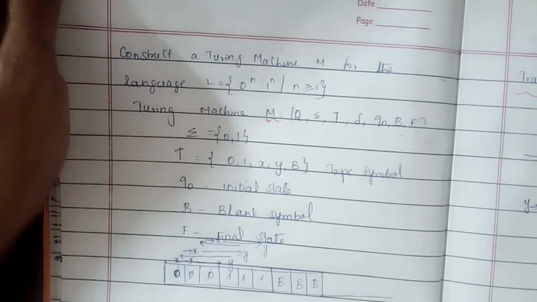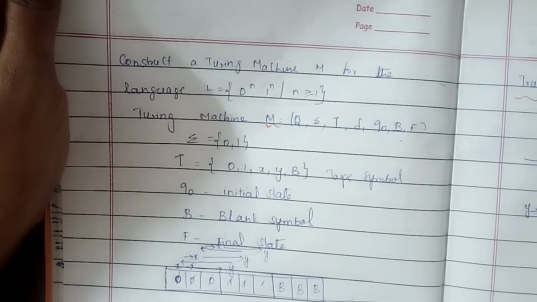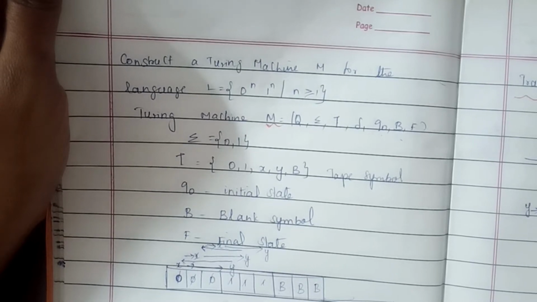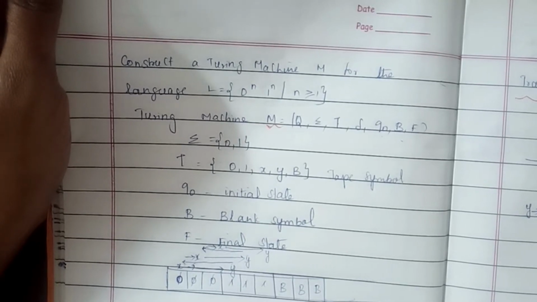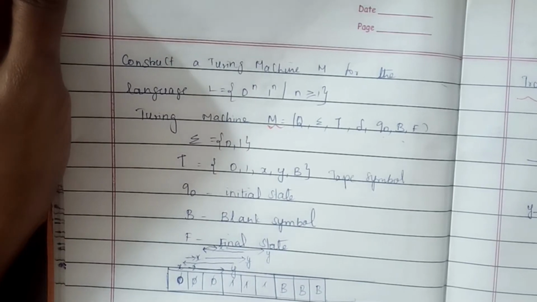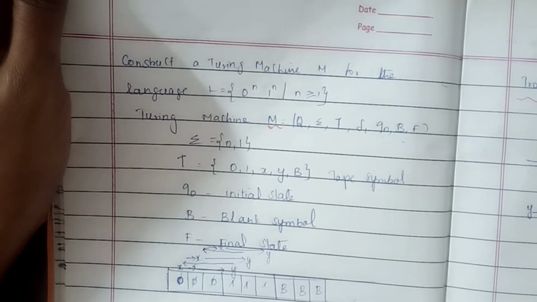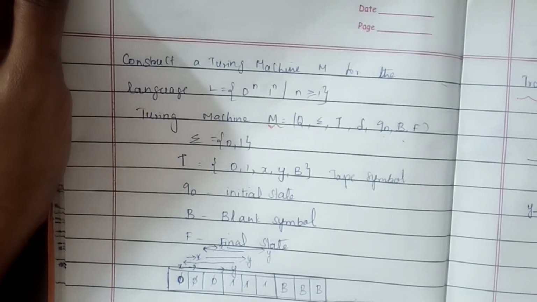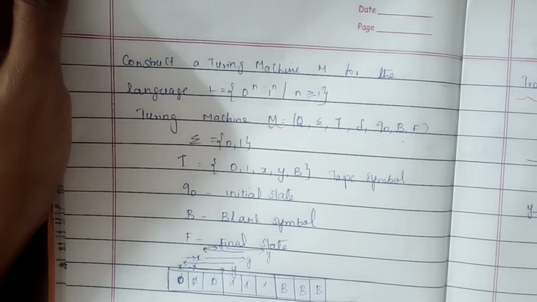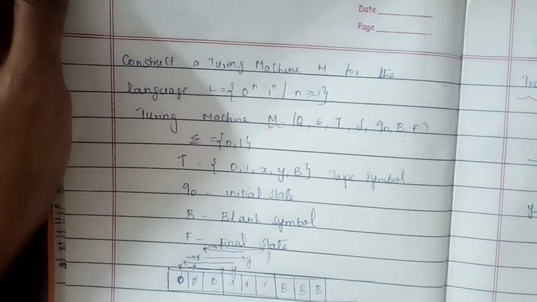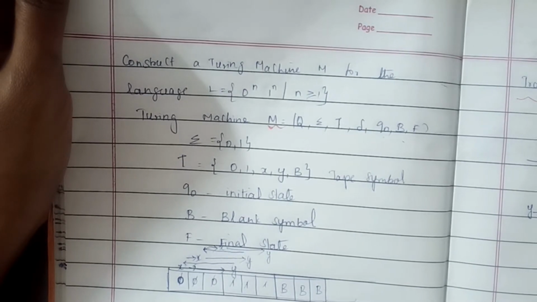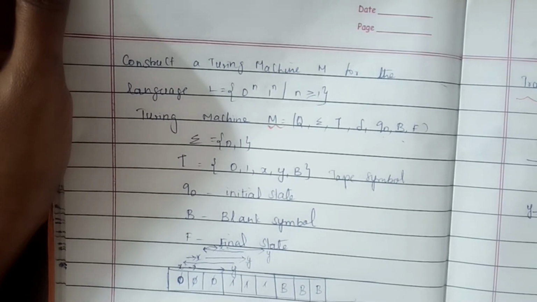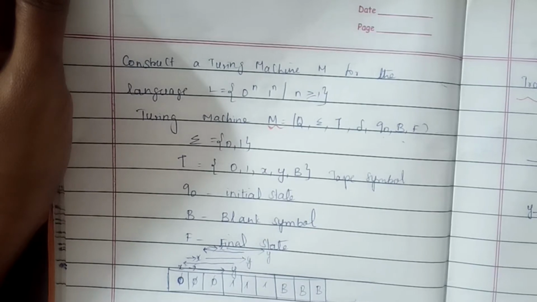Welcome to the session. Now we are going to see about the Turing machine. So far we have seen push-down automata. When you compare the push-down automata with the Turing machine, the Turing machine is more powerful because it contains an infinite set of memory, and you can traverse in both the right and left directions and access strings in any direction. But in the push-down automata, you can only access the top of the stack symbol. So that is a basic limitation.